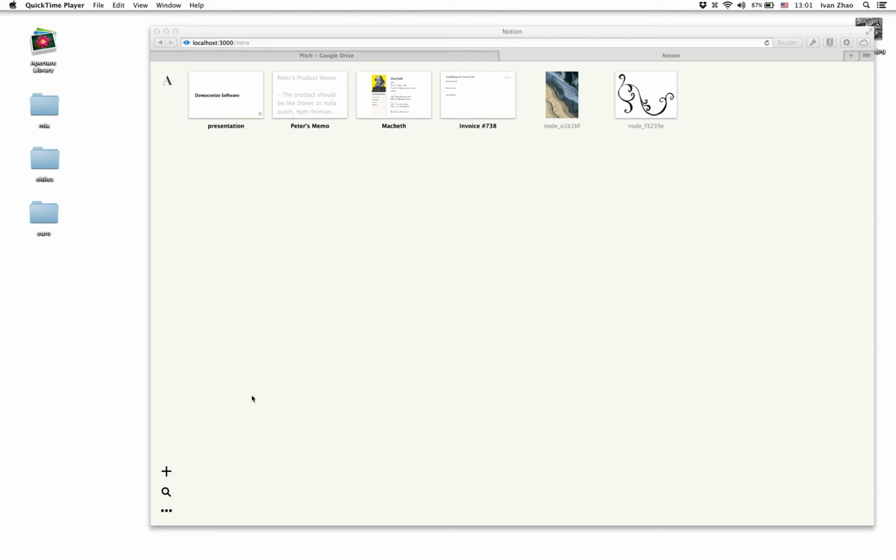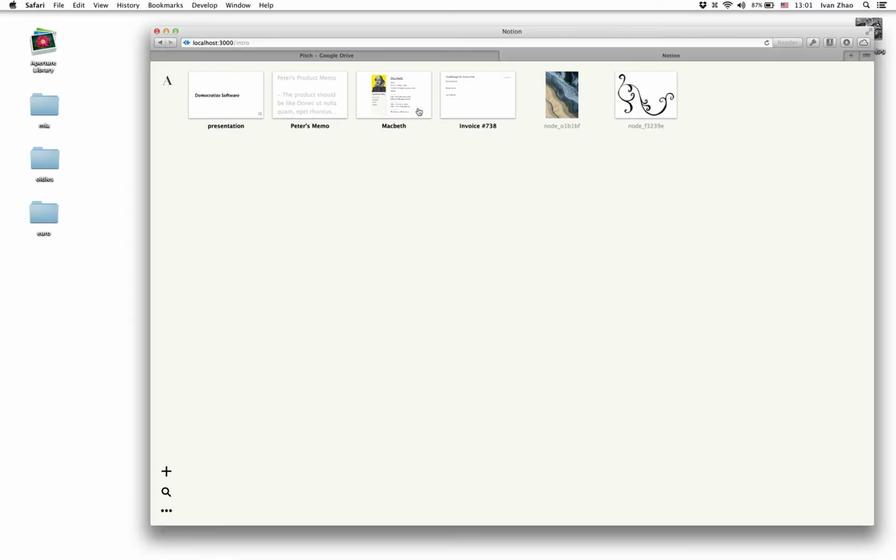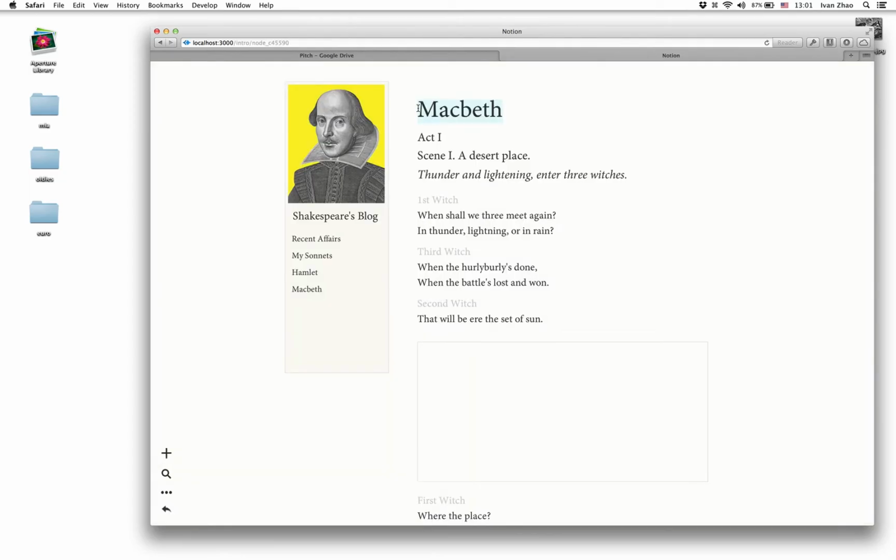at your environment. Those are the documents you have in Notion. So let's go into one of the documents, just pretending we're Shakespeare and we're working on a blog post about Macbeth. And in Notion, there's no mode, so whenever you can read anything, you can just directly jump in and edit it. For example, we spot a typo first, it should be the English first, so you edit it on